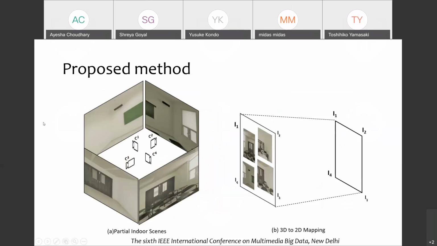The method we proposed for this work was to capture a few partial images of an indoor scene using a conventional mobile phone camera, and then convert the partial images into a 2D map using 3D to 2D mapping. The previous work which has been done in this